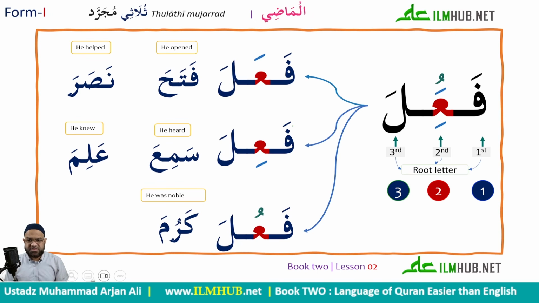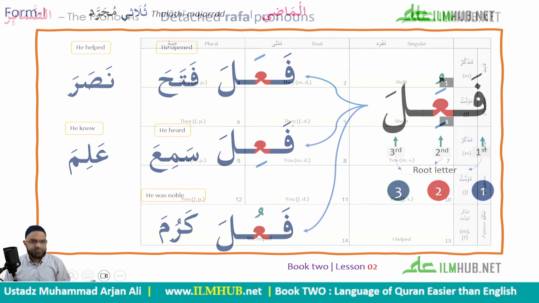Now the question you're going to ask me is, how do I know which is which? You don't. The way to get it is from the dictionary or to look at an example. Very soon you'll be able to recognize them easily, but for now we need to know which root goes through where, what it produces. We cannot produce words on our own. We got to go to the words that have already been used. Of course, this is relatively easy for us because our job is not to produce the language. Our job is to understand and recognize. So of course, when we see the verbs in this scale, we know that it is the form 1 and it is the past tense. So this is the base form of the three root letter verb.